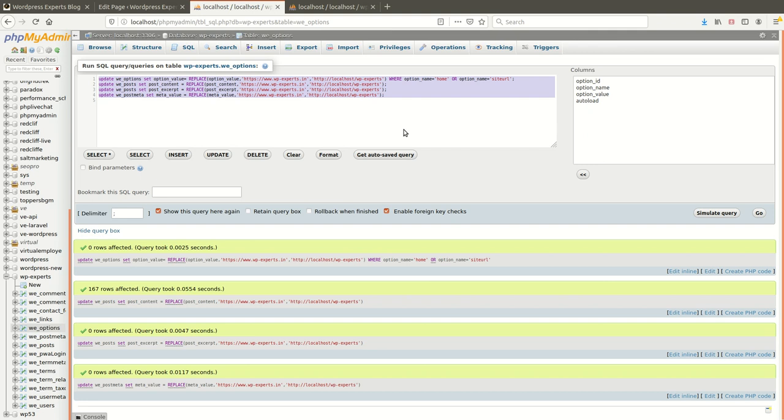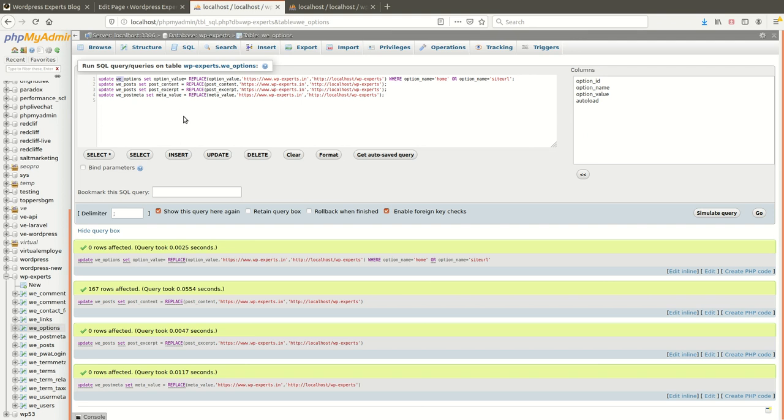But please don't forget to update your table prefix. I am repeating again because many times you can get an error here. I am using WE. By default WordPress provides wp_ as the prefix of the tables.